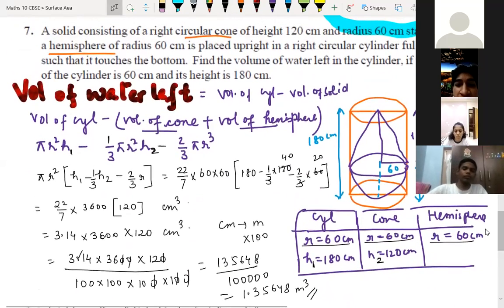I have a doubt, sir. वो ब्रैकेट पे हम लोग 180 minus 1/3 into 120 फिर माइनस क्यों लिए? So we can take it as plus, right? See here, you are saying, नहीं सर, वो ब्रैकेट पे है ना, 22/7 into 60 into 60, yeah, वहां पे सर. Where you have taken minus? Here we have taken minus now. And then sir, we have again taken a second minus. Yeah, because here minus is given over here.